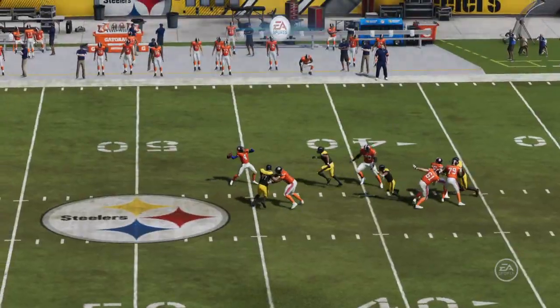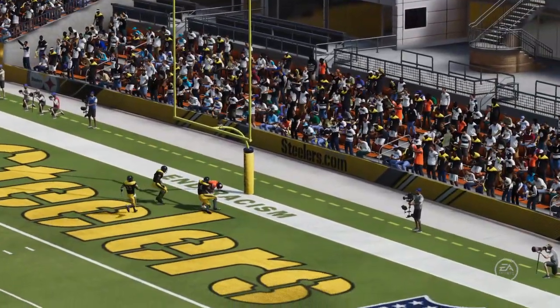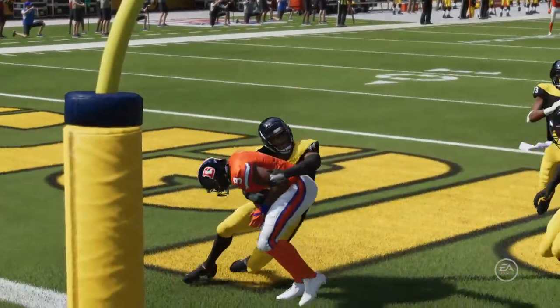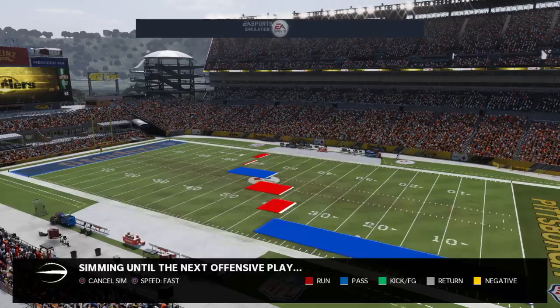What a great drive that was. A long drive, sustained, well executed. I love what we're seeing out of him here in year 2, right? This young quarterback continues to evolve and grow. He's really the...